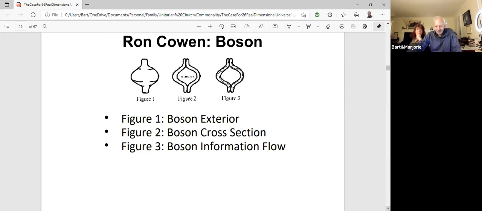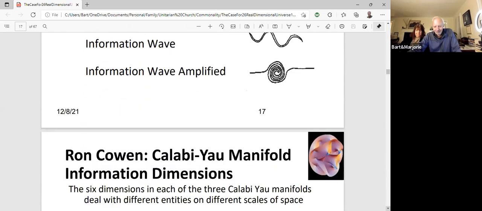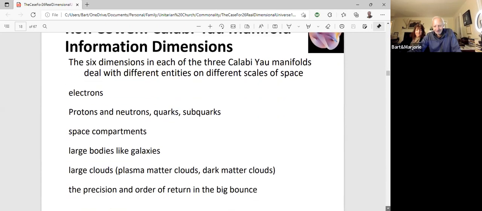So that's everything. He saw everything except for this information, which is where he saw these blocks of information. When he looked at the blocks, he saw that they weren't blocks, they were actually stacks of sheets. And then he saw waves moving through the sheets. When he looked at them in cross section, he saw all kinds of things balled up, and this thing rolls down. This thing goes around like this, running down here. So then he saw these compactified dimensions, and there were 6 of them